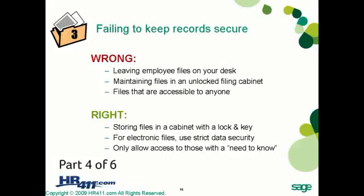And to be doing the right thing, or to follow the right guidelines, here's what you should do. All employee records should be secure at all times, no matter what type of record it is. If it's an employee record or could be defined as such, make sure that it's secured at all times. This means that files should be under lock and key at all times, and if stored electronically on a computer